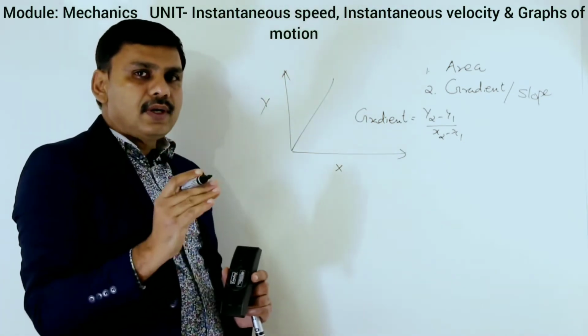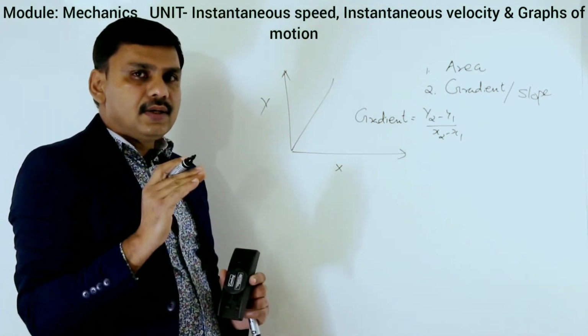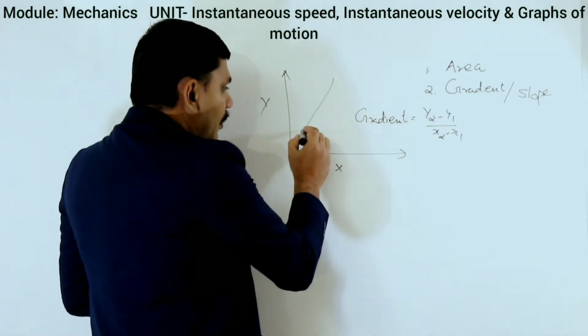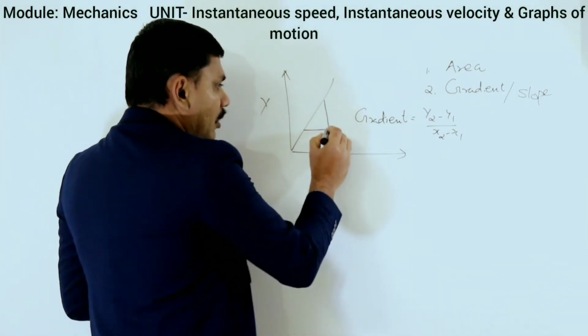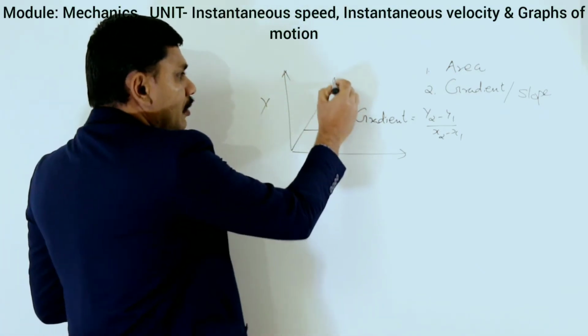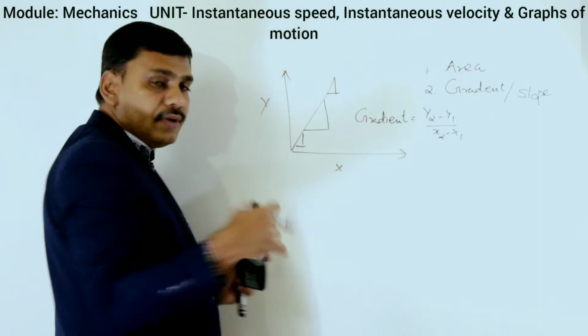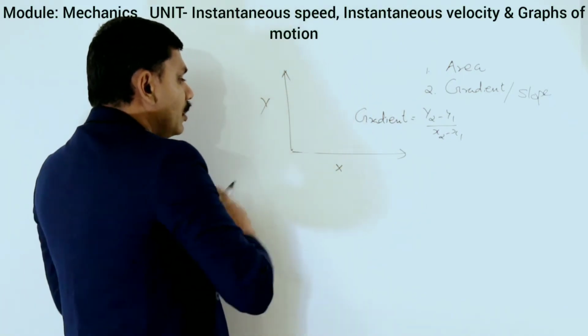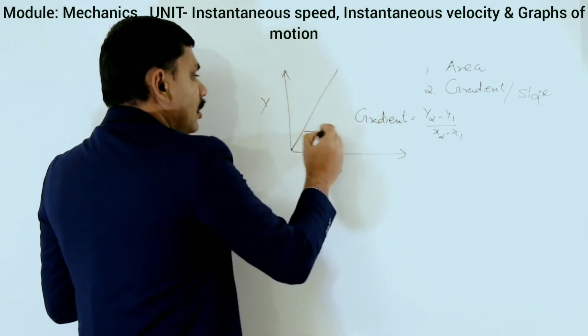So in order to get the gradient or slope of the graph, first you make a right angle triangle anywhere in the graph. You can make it here, you can make it here, anywhere you can make it. So I am making the triangle here,